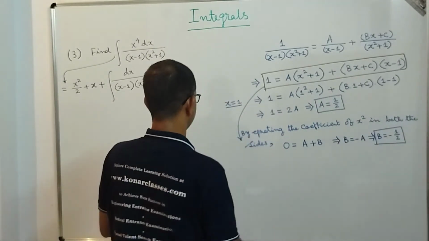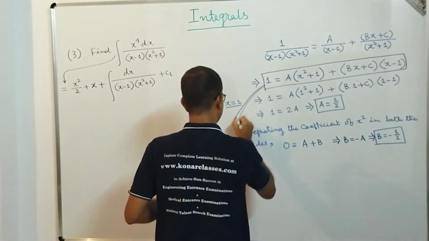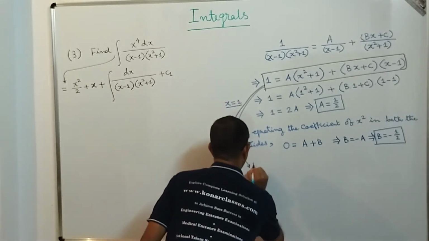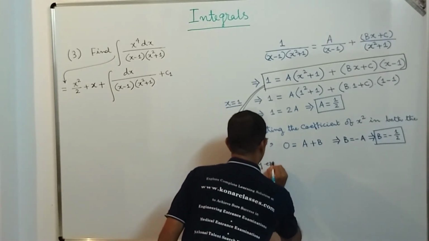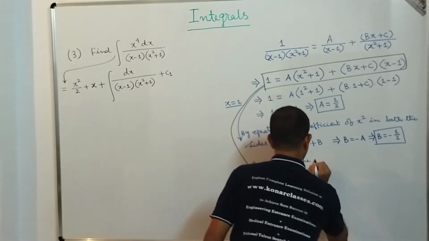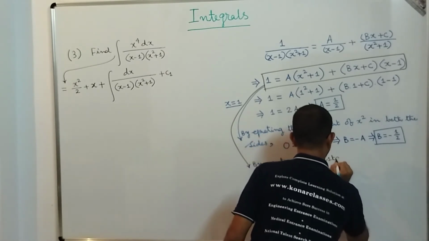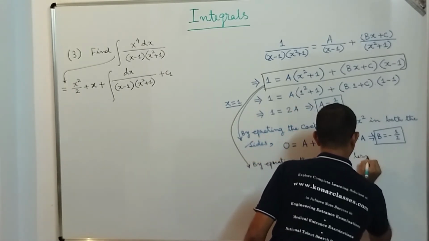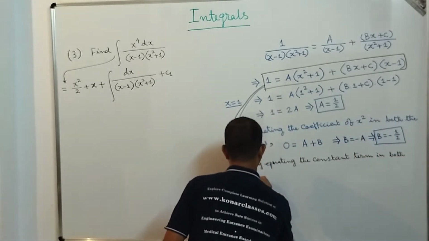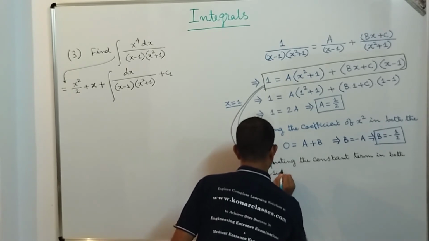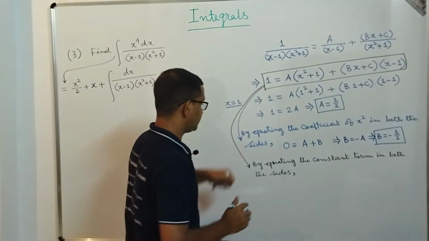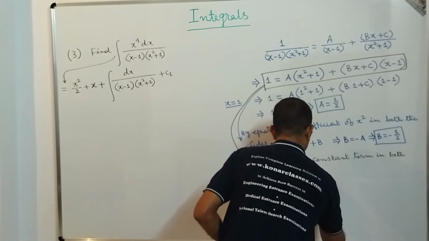Okay, let me use a different color. So from this identity, by equating the constant term in both the sides, what are we going to get? In the left hand side, what is the constant term? That is equal to 1. So 1 is equal to